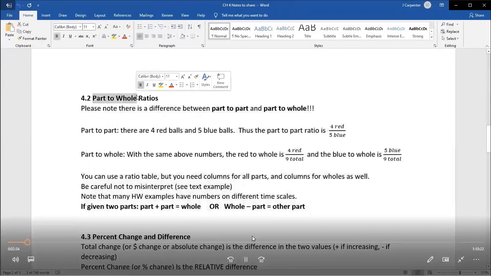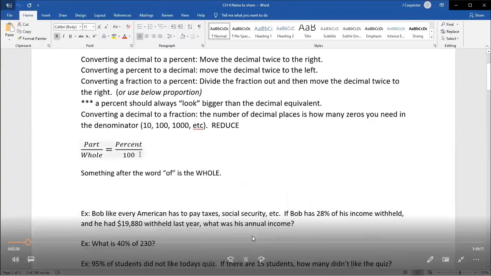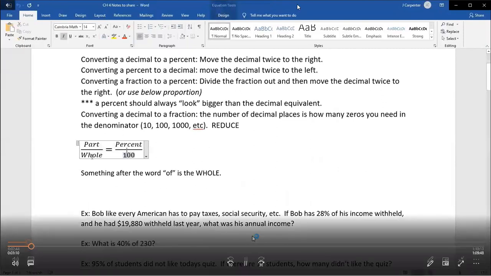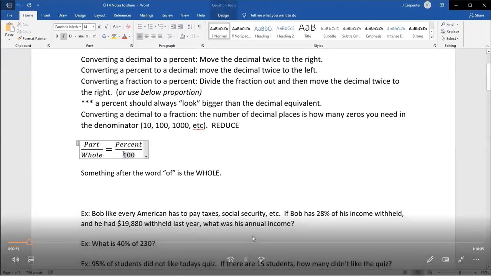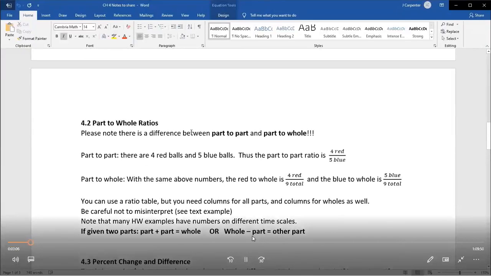In fact, in the last section, we talked about how a percentage was literally a part-to-whole relationship, but where you scaled the whole to 100. So I'm going to say that one more time. A part-to-whole relationship where the whole is scaled to 100 is when you're dealing with things as a percentage. But that's when you're talking about the whole being 100%. You can instead choose to scale the part to 100, but then things get a little weirder. And you also don't have to do a part-to-whole relationship. You can also do a part-to-part relationship.